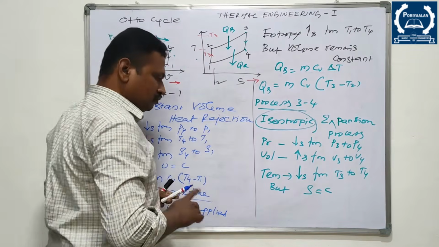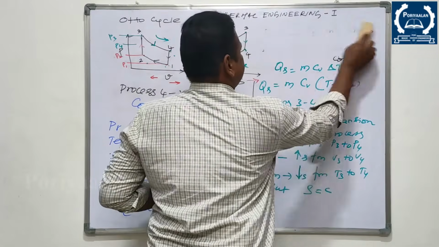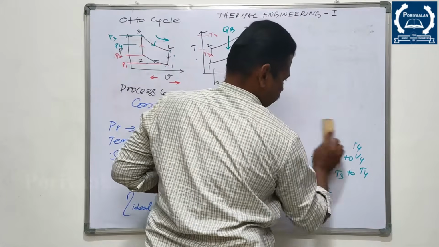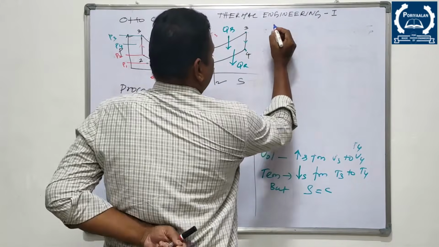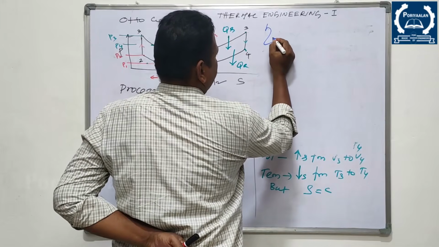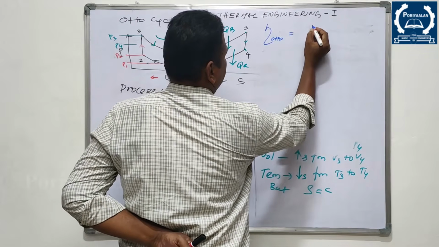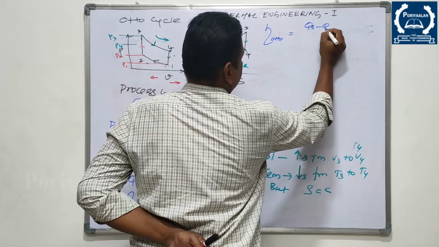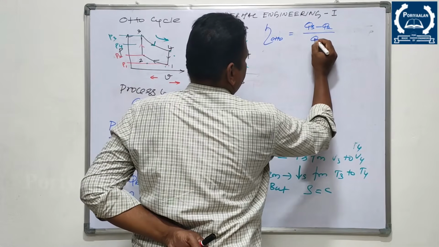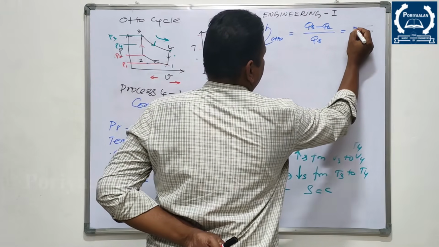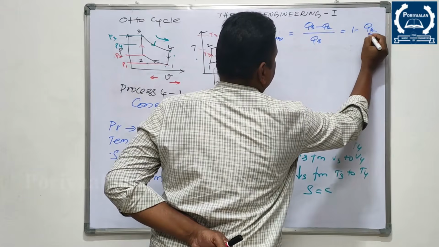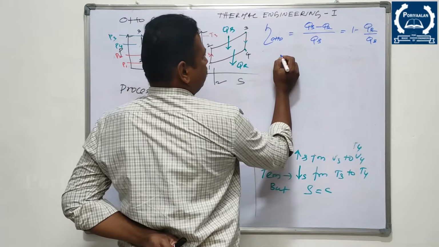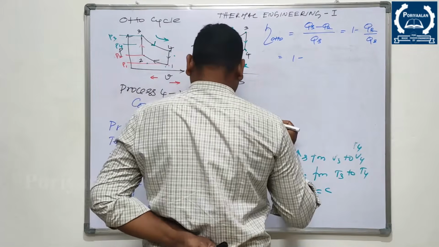So this work done can be written as... The ideal cycle efficiency of the Otto cycle is work done, which can be written as heat supplied minus heat rejected, divided by heat supplied. Again in turn, 1 minus QR by QS. Finally this will become 1 minus QR